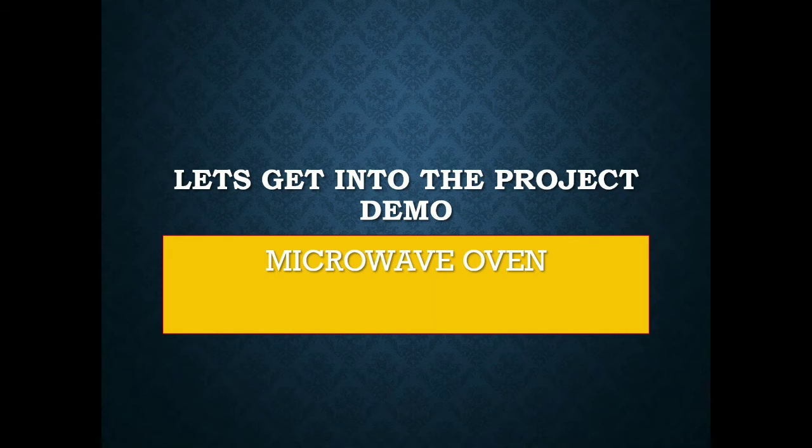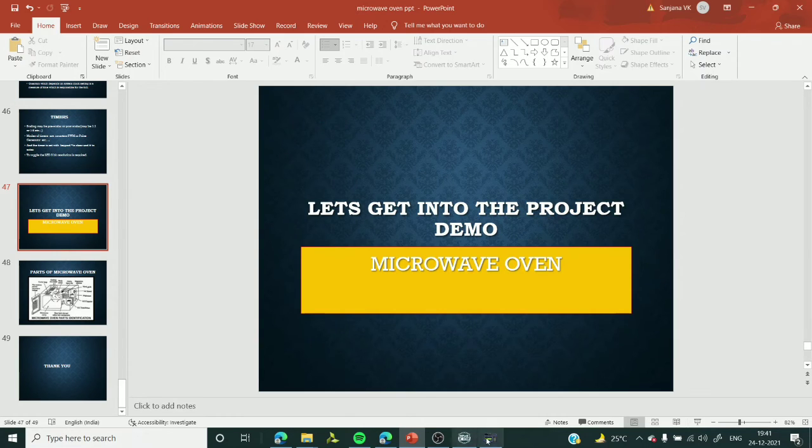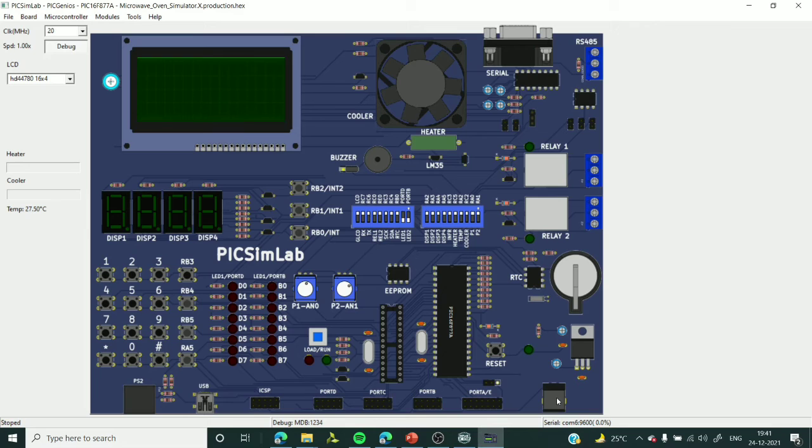So now we have come to the end of our project, which is the demo. Let us open the PICsimLab software. Let me power it off first before the demo. Here is the simulator that we talked about earlier, and we can recognize the components. Here we have a CLCD display, a fan, an LM35, which is a temperature sensor, and a buzzer.